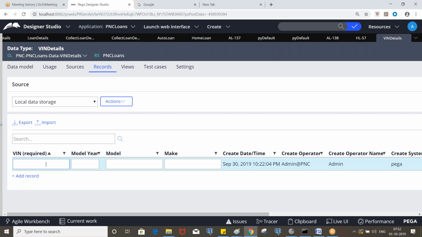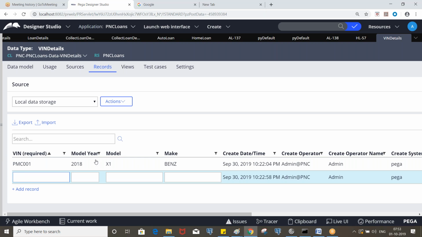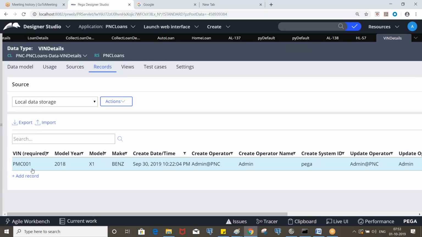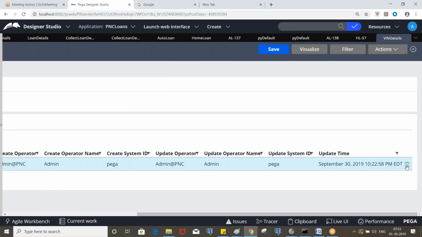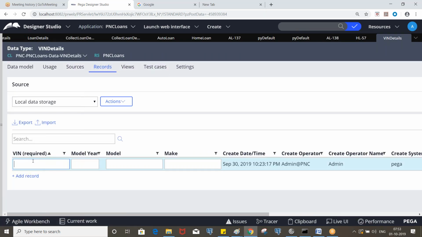Okay, so VIN, let's say PNC 001, model year, let's say something like this. Let's enter some data. PNC 00, okay, it's not a PMC. So we cannot change that primary key. Once it is saved, we cannot edit that. The remaining details we can modify.